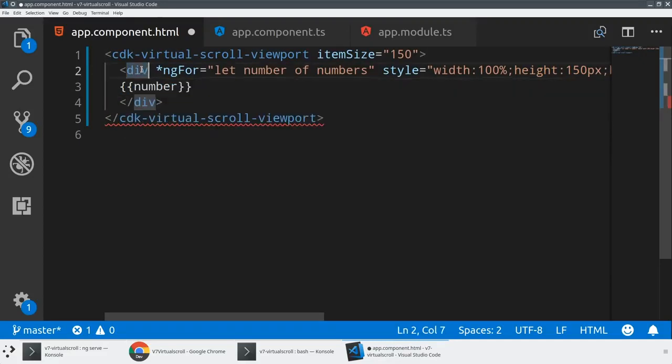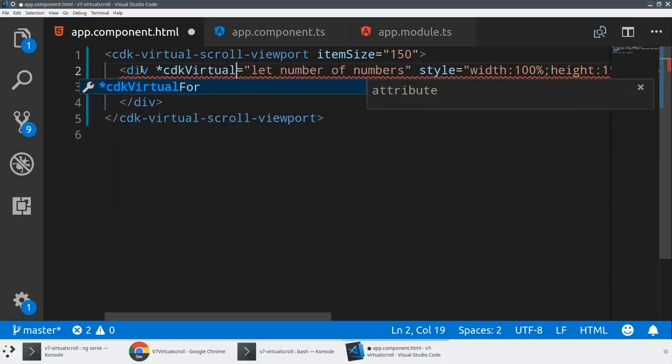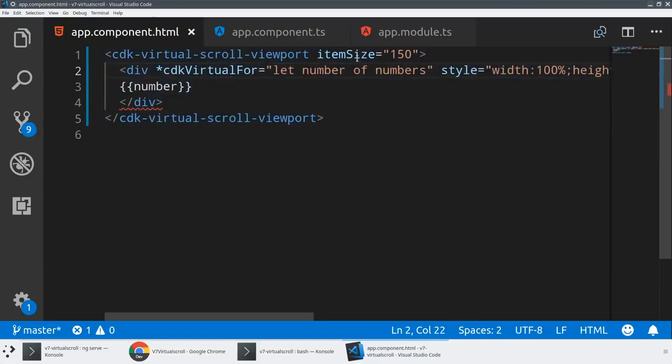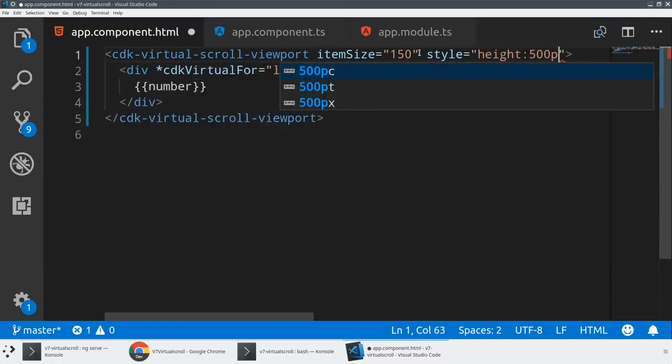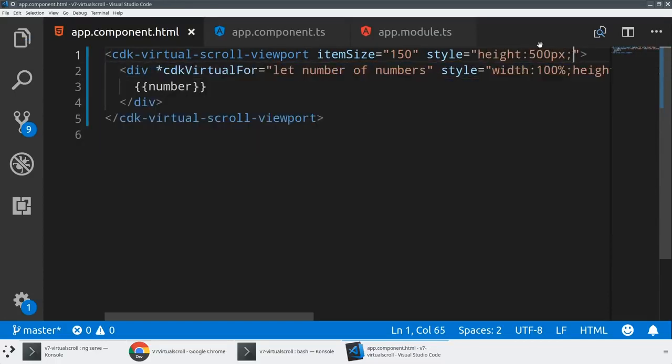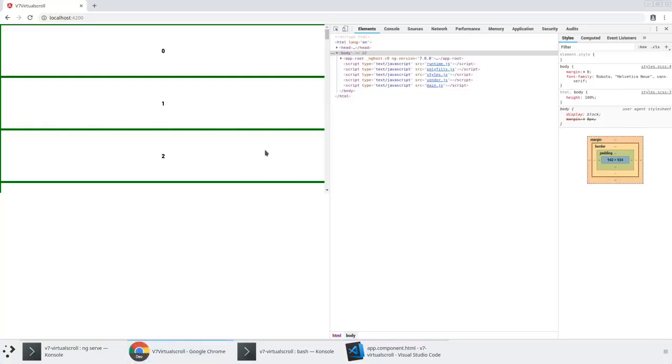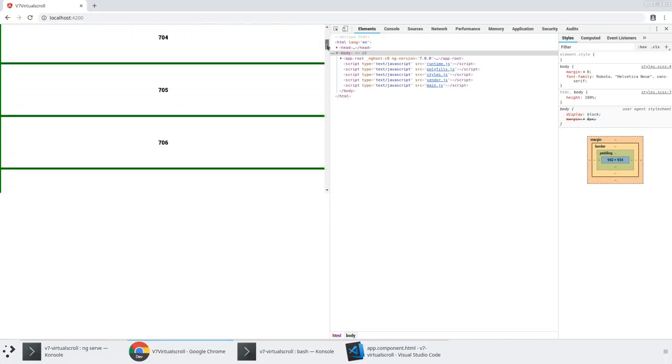And then I'm going to swap out the ngFor in this div for something called a CDK virtual for, which basically has the exact same API as an ngFor, but instead of needing to iterate and render it all at once, this is where our virtual magic comes into play. The last thing that we're going to need here is for a virtual scroll viewport to actually have a height. So let's give it a height of maybe 500 pixels. And what that will do is ensure that we're actually knowing how much to render at any given time. So if we take a look back at our page, now we have our viewport, which is about 500